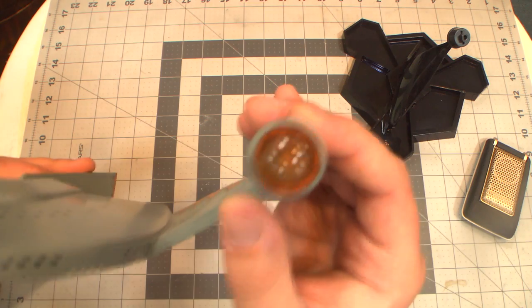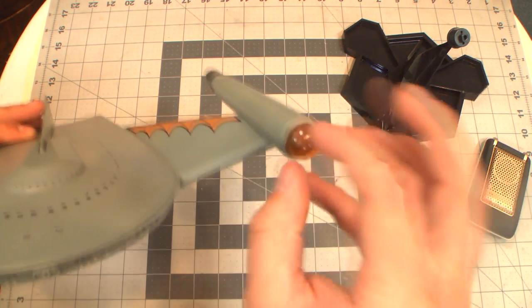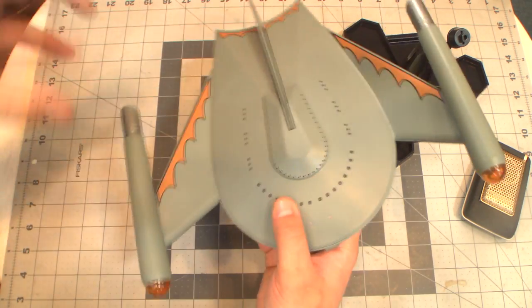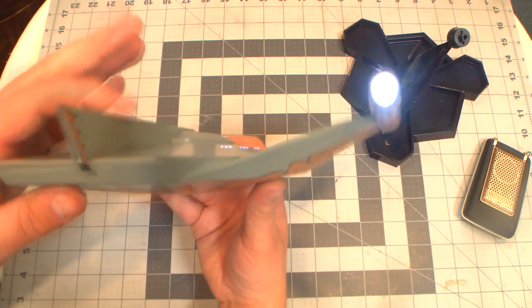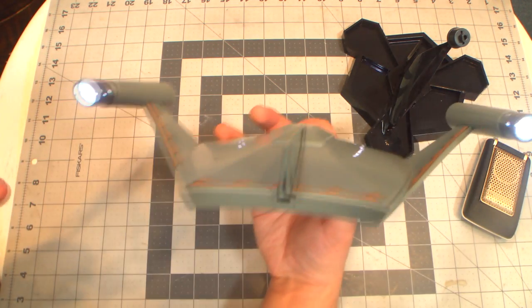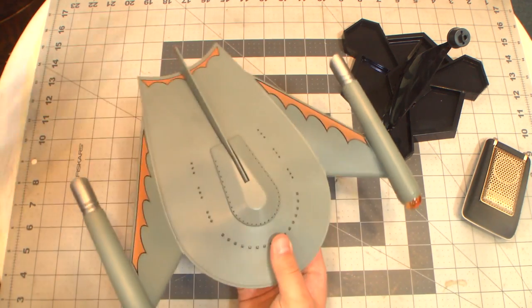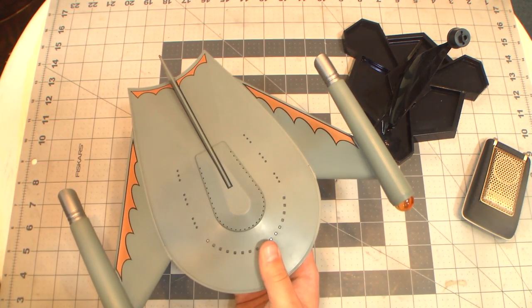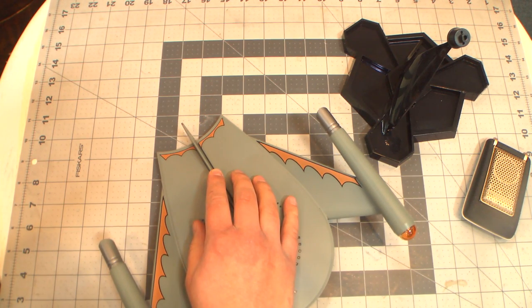But there's a yellow and red diode going on in there, so it gives it levels of color, which is really neat. The back of the engines light up, nice white. And one other cool feature, we'll check this out real quick, is if you hold it down, you get